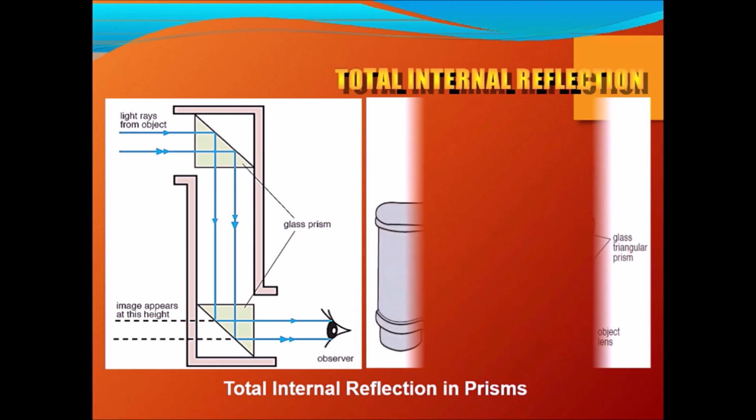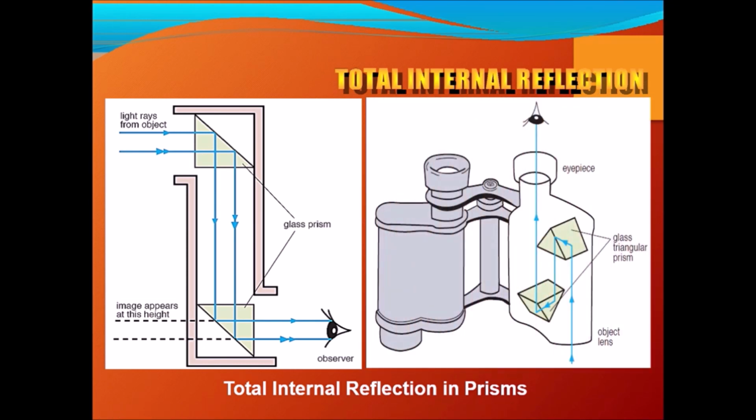Similarly, binoculars. In binoculars also we use glass prisms. Again, many total internal reflections take place, and finally it comes out as a very clear image. Previously lenses and mirrors were used, but now to enhance the clarity of the image, we use prisms, because total internal reflection takes place, where 99% of the rays get reflected, so the clarity will obviously be more.